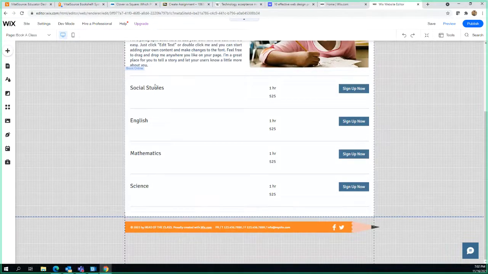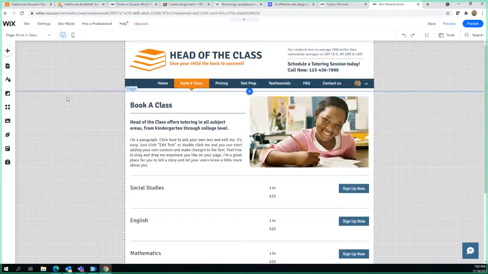There would be a box here for social studies, and all classes that went in social studies would be on that link, and it would take me to a page. When I click that, that would show me all of the options for social studies and so on.